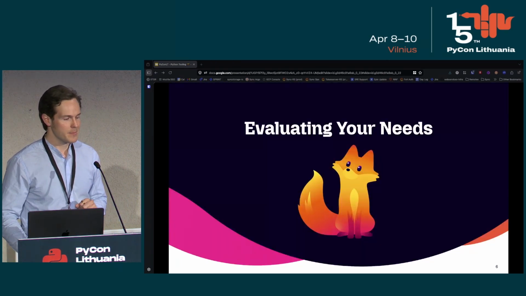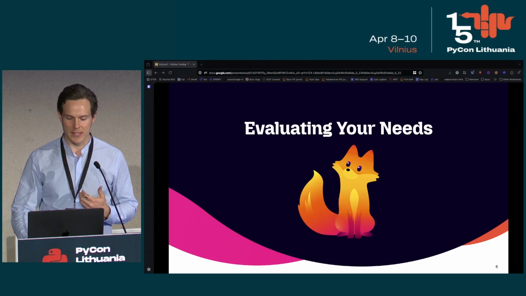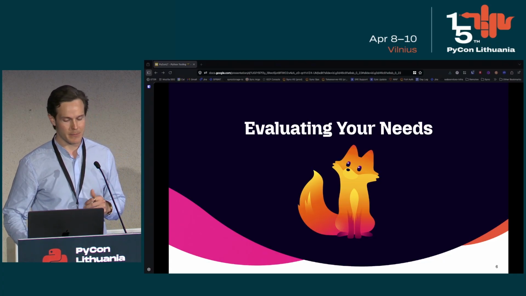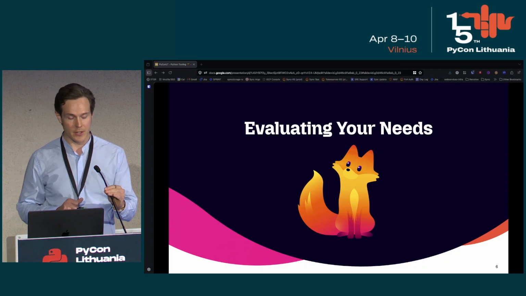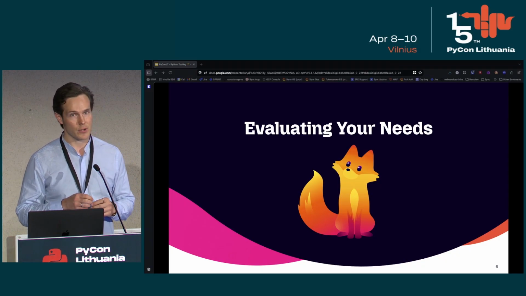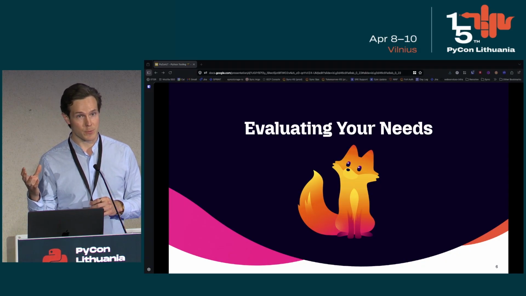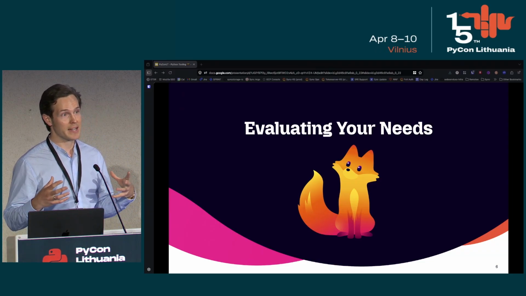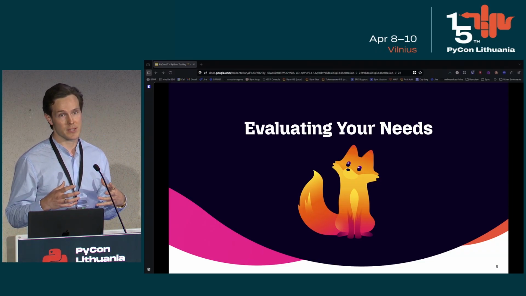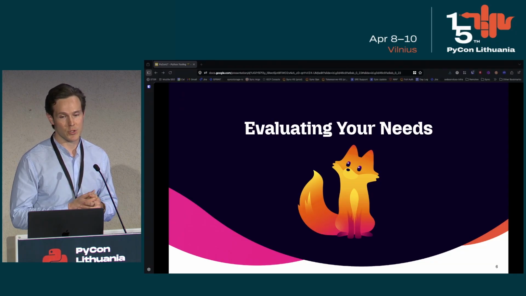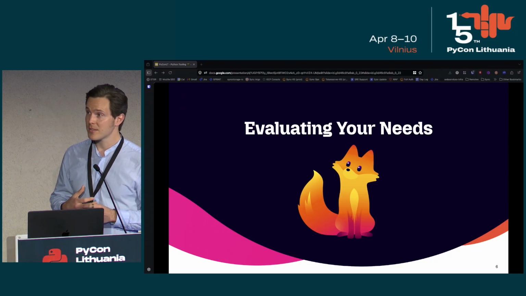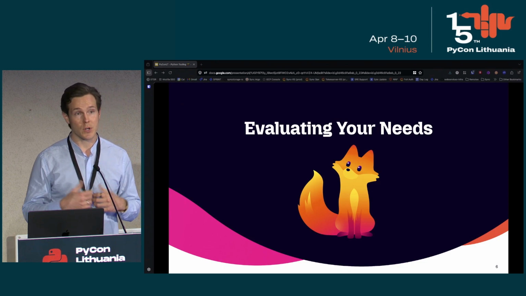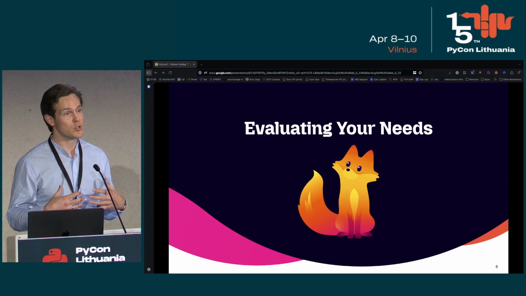So this may seem very obvious, but I'd like to start with the idea that we should often evaluate what we actually need before we make commitments. And what's important to consider is that if your application is either a new one that you are building from scratch, or if you're doing a major refactor, this will obviously affect the decision matrix that you have when evaluating what you should do. Obviously, there are switching costs to consider if you're evaluating a new library or framework, but if you're starting from scratch, very often you have a lot of additional flexibility.